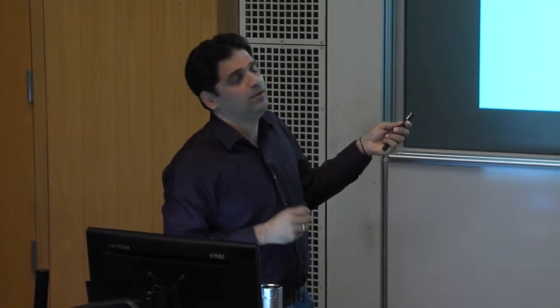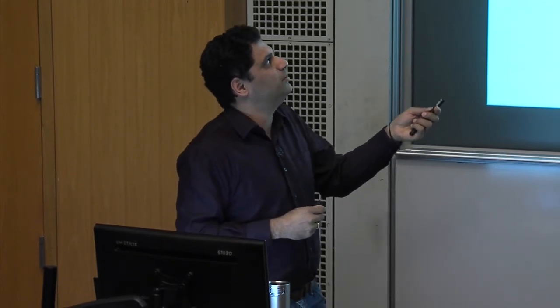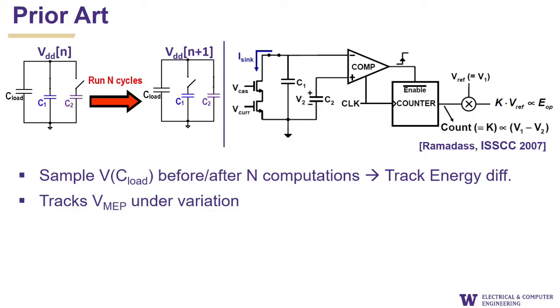I will run the processor for n cycles. I'll discharge this capacitor, and after those n cycles, I will measure what the voltage across that capacitor was. The difference in voltages, if I just take the difference of half CV squares, gives me a sense of how much energy was